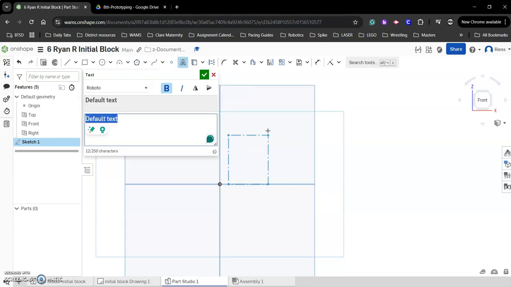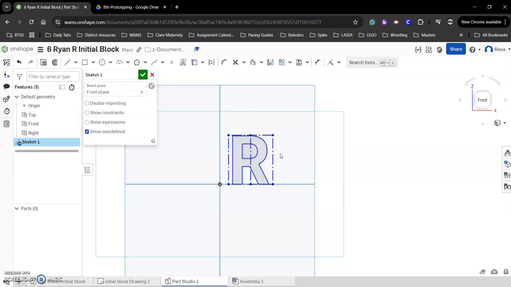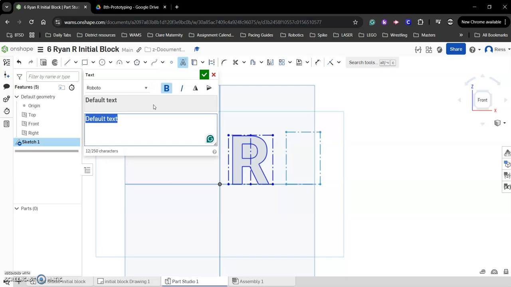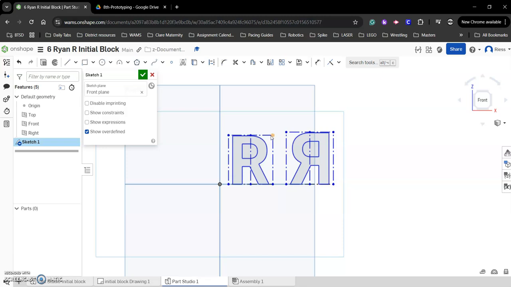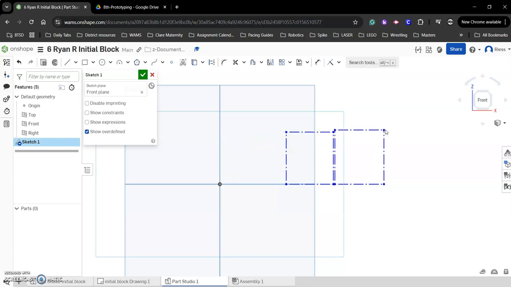I can make an R, right? And I'm going to add another one. In here, if I go R, I can flip it horizontally, so it's going to be a backwards R, or I could flip it vertically, so it's going to be an upside down R. Now this doesn't really help us too much, vertical flip, but if we flip horizontally, now I have an R that is in reverse. So if I want to slide this over